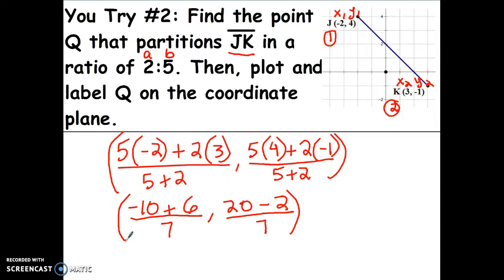Okay, so now let's simplify our numerator. So we got negative 10 plus 6. So that is negative 4 over 7. That looks like a Y. I'm sorry, y'all. Negative 4 over 7. And then we got 20 minus 2 over here, which is 18 over 7. So y'all can tell which problems I made up on my own because they coming out looking all kind of